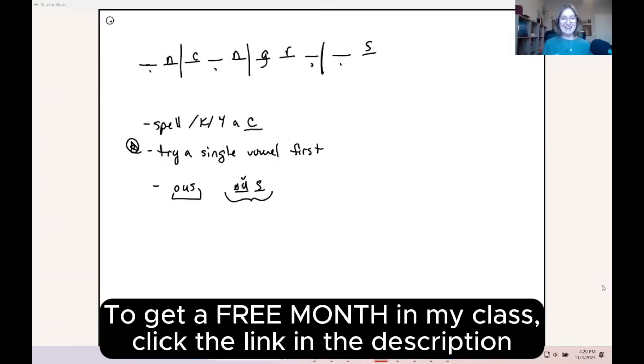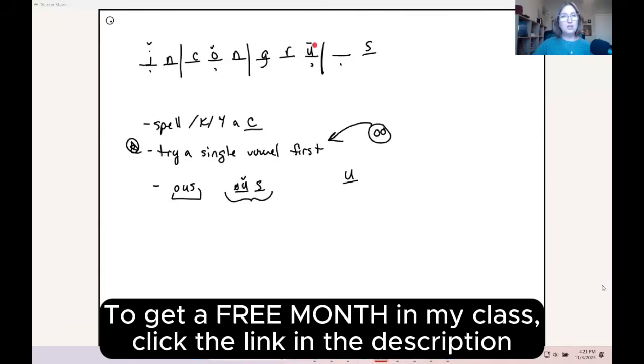You doing good? All right, let's try our vowels. So I is spelled with an I, and it has two consonants after it, so it's perfect. Ah is spelled with an O, and it has two consonants after it, so it's perfect for their short sounds. Grew, ooh, right here. This is one way to spell ooh, but we always try a single vowel first. What single vowel can say ooh? U. You can say ooh. We always try the single vowel first, and if the next letter is another vowel, then it's perfect